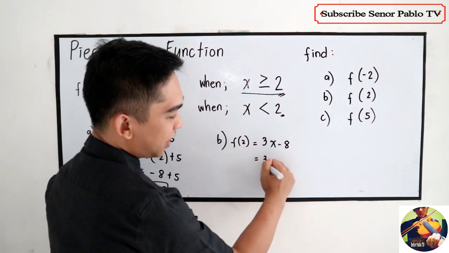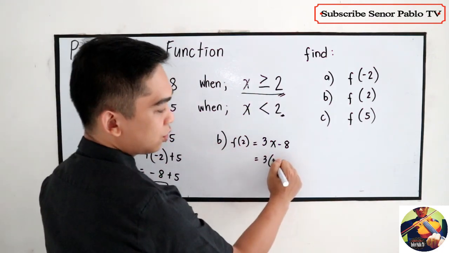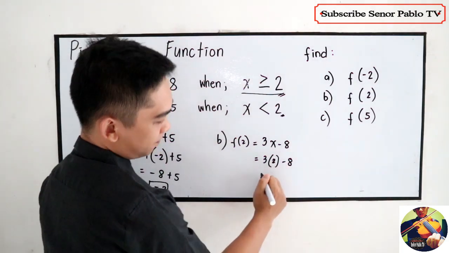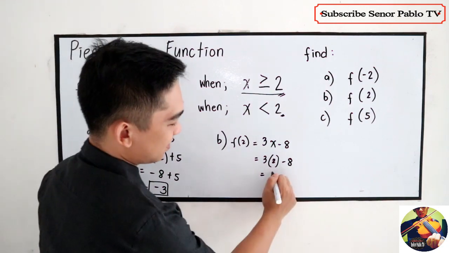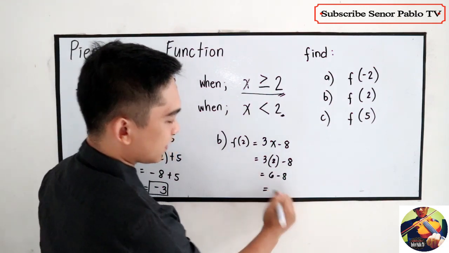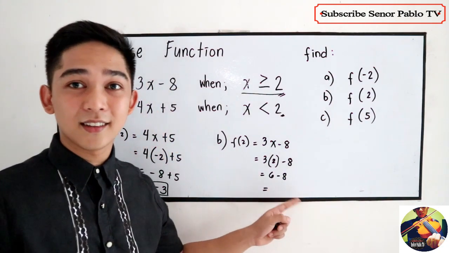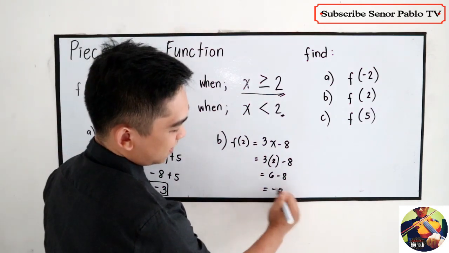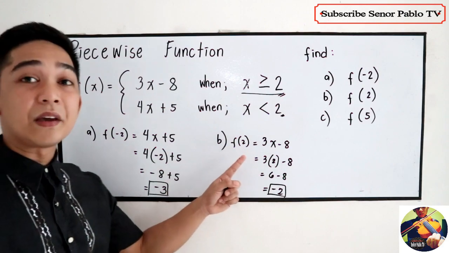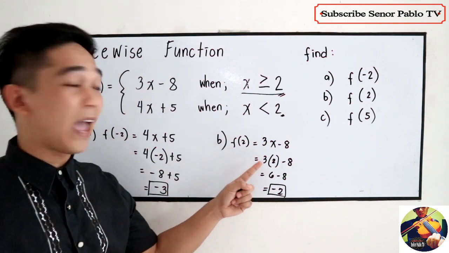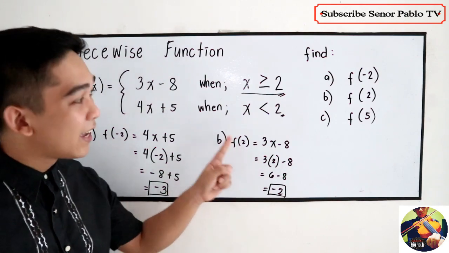So, we have 3 times 2 minus 8. 3 times 2, that is 6 minus 8. Then 6 minus 8, negative 2. So this will be the value of our piecewise function if x is 2 or in f of 2. Letter C,